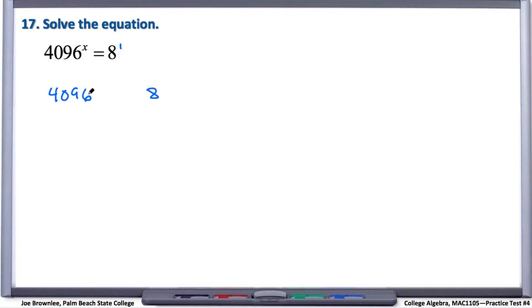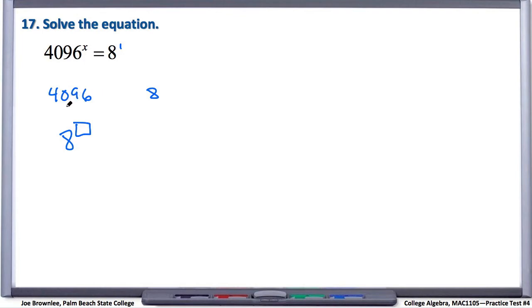So what we're going to do is ask ourselves, which number is bigger, 4096 or 8? Well, clearly 4096 is larger, so what we want to do is say, all right, is there a way that we can rewrite 4096 using the base of 8, meaning 8 to some power will give us